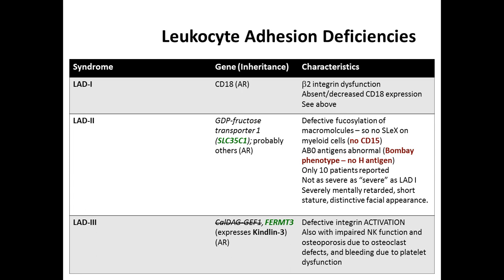So leukocyte adhesion deficiency 3 is kind of like leukocyte adhesion deficiency 1, except you have problems with signaling through CD18 and similar receptors. So it's a signaling defect. It's not an absence of the receptor. And I crossed out the CAL-DAG-GEF1 because when I was working on this, there were papers that suggested that was maybe implicated. They weren't sure which gene it was, and then a more recent paper suggests the FERMT3, which expresses kindlin, is really responsible for this. So I don't think that will be on your test since it's just been characterized, but the general concept holds.